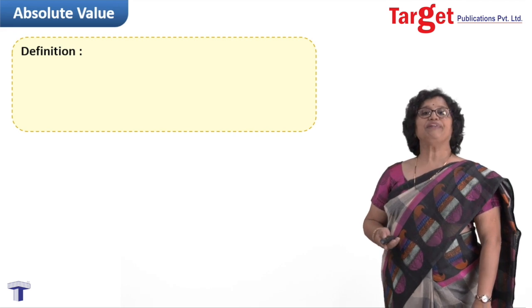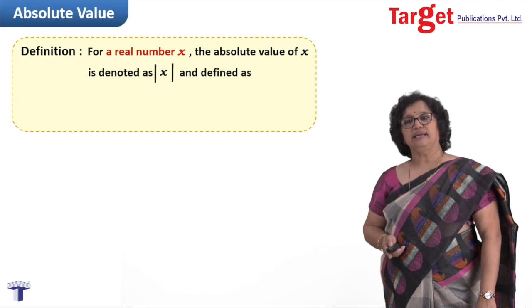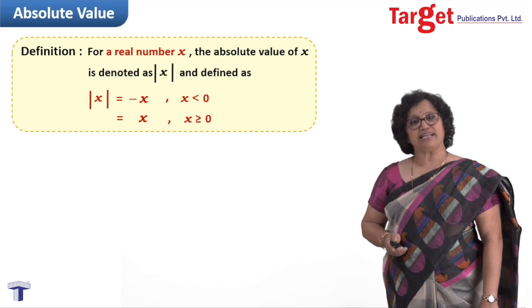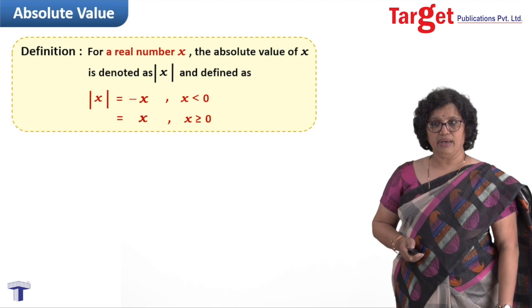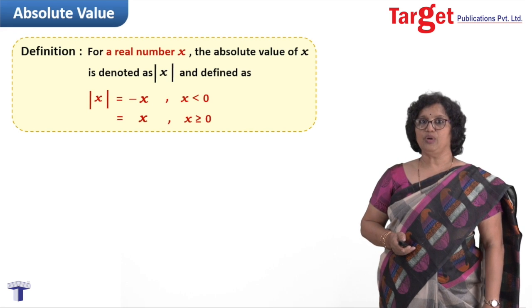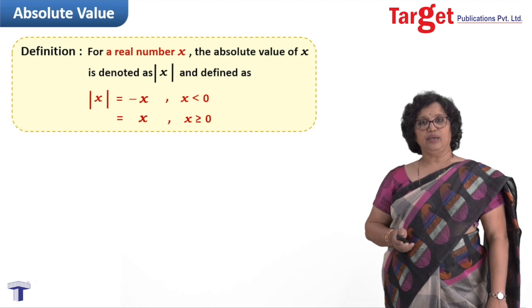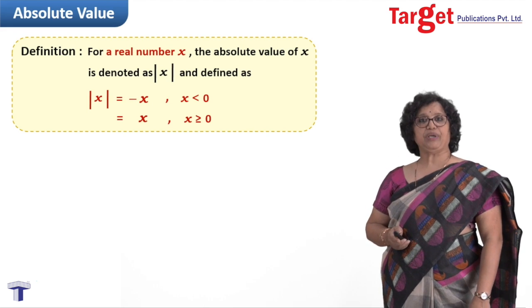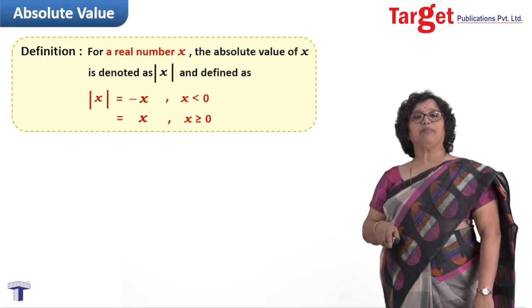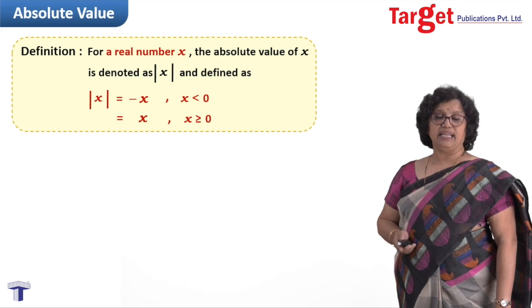non-negative quantity. So we define it as: the absolute value of a real number x is minus x if x is negative, and it remains the same as x if x is non-negative. By writing it as minus x in case of x less than 0, we are trying to get the answer as a non-negative quantity. That distance, which has to be a non-negative quantity, is actually achieved by multiplying by a minus one sign. Now if I have to apply this definition for numbers, how do we apply it?